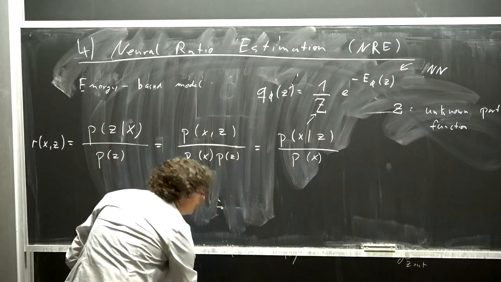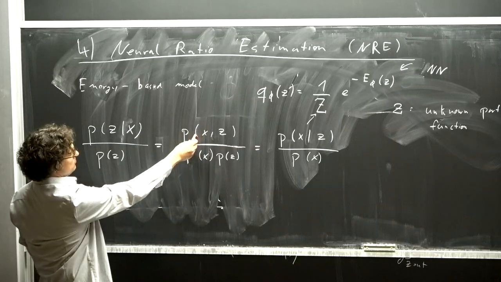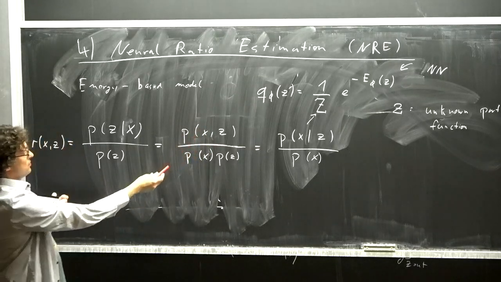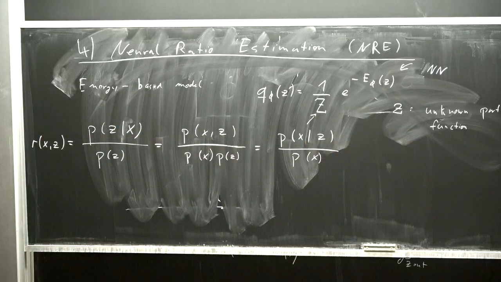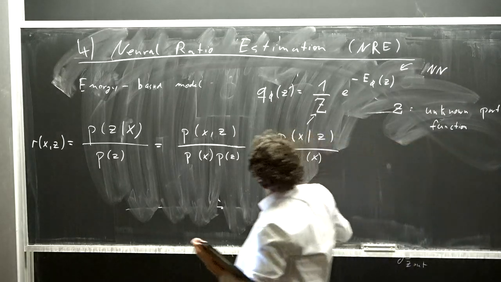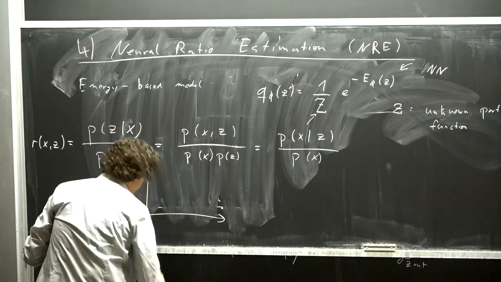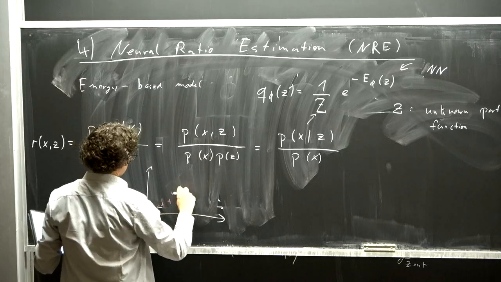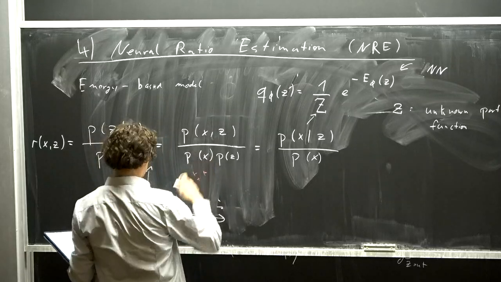And now the idea is, what this here actually means is this is the joint model, right? So in order to generate samples from the joint model, we would first sample the parameters, and then we would sample mock data. So if you sample from the joint model, we would end up with samples that look like these red dots here. So let me show this. This would be a bunch of red dots. And this would be the joint model.